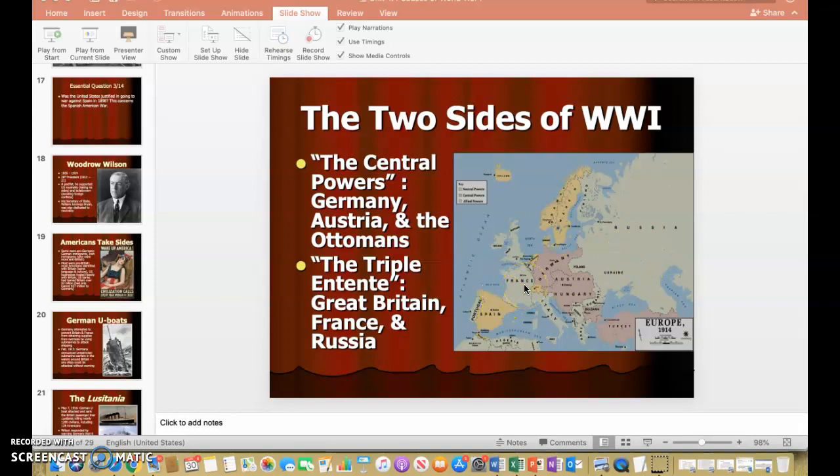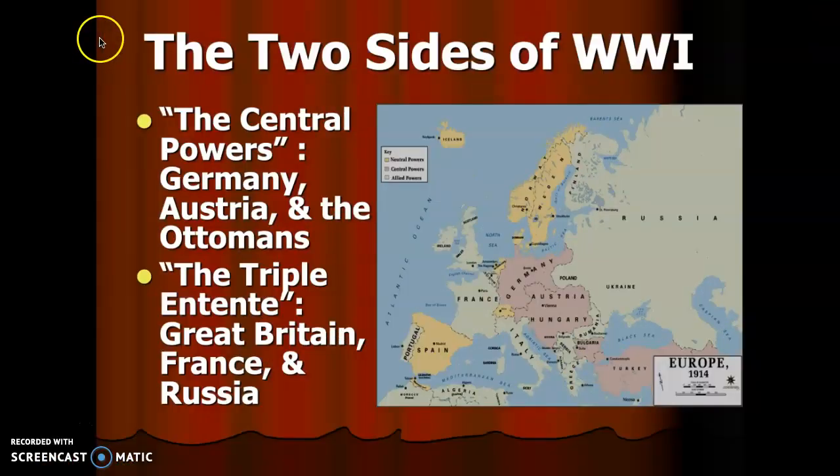Now remember, nationalism, intense pride in one's country, imperialism. I'm bad enough and big enough, I can take on you. And Germany not only decides that they want to take on France, but they also decide they want to take on Russia as well. And the reason for this is basically this idea of nationalism and imperialism that Germany has. So there's this idea that's proposed by a German army general. His name is Schlieffen. And he comes up with what's known as the Schlieffen Plan. And it's designed to take on both France and Russia at the same time.